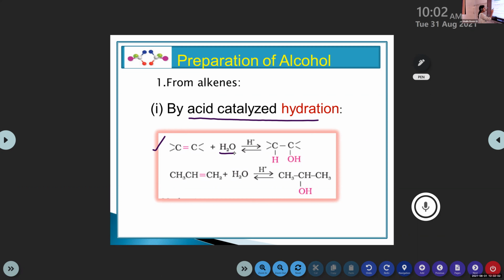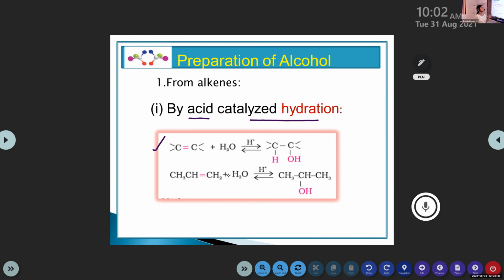When a molecule is added to an alkene, the double bond will break and the two ions will be added to each carbon atom. Here it is a water molecule. In the product, you can see one hydrogen is added to the first carbon atom and an OH group is added to the second carbon atom. That's the formation of product in acid catalyzed hydration. In the case of a symmetrical alkene, you can add any ion to any carbon, no issues there.